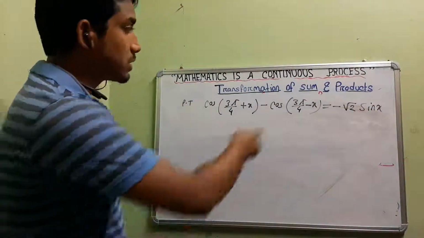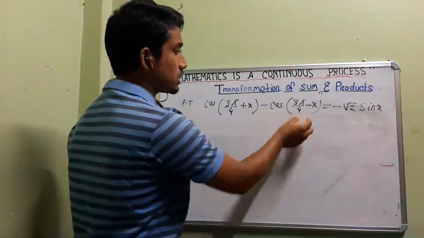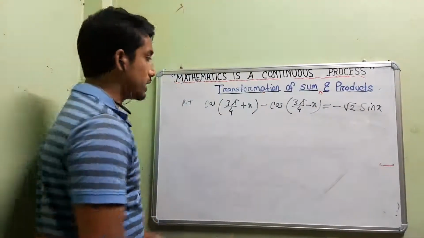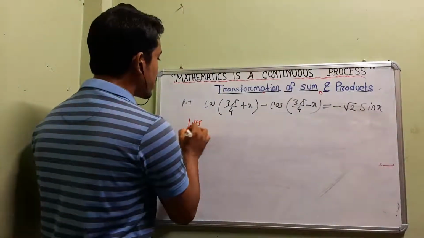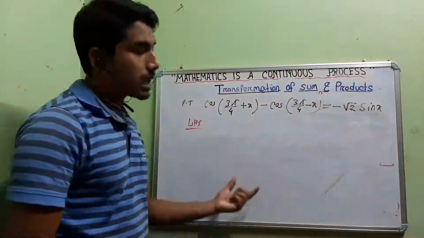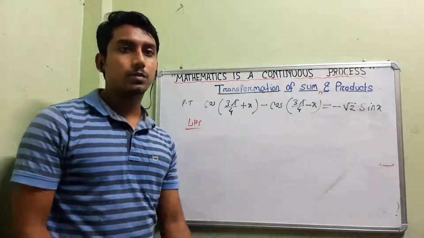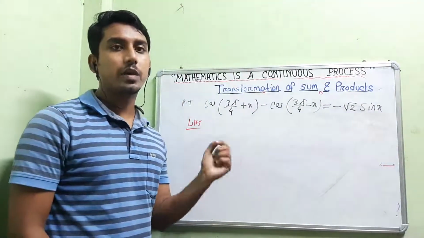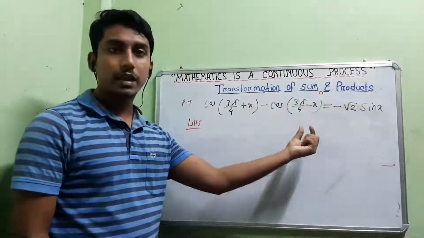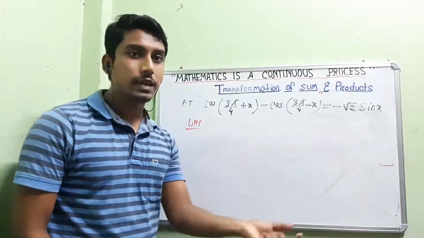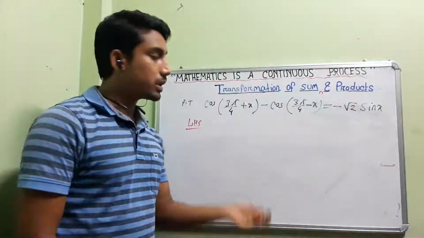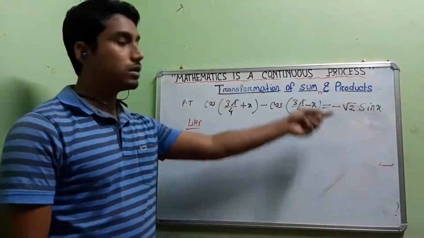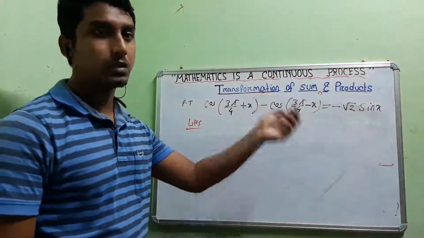Okay, cos this one is equal to cos this minus cos this is equal to minus root 2 sin x. So let us take the left hand side, obviously. So if I go with the left hand side, you can see same problem. You can do this problem using the concept of compound angle by breaking cos a plus b, that means cos a cos b minus sin a sin b. This one also, cos a minus b, that is cos a cos b plus sin a sin b, by using that one also. But here we will solve this problem using the rule of this topic, that means transformation of